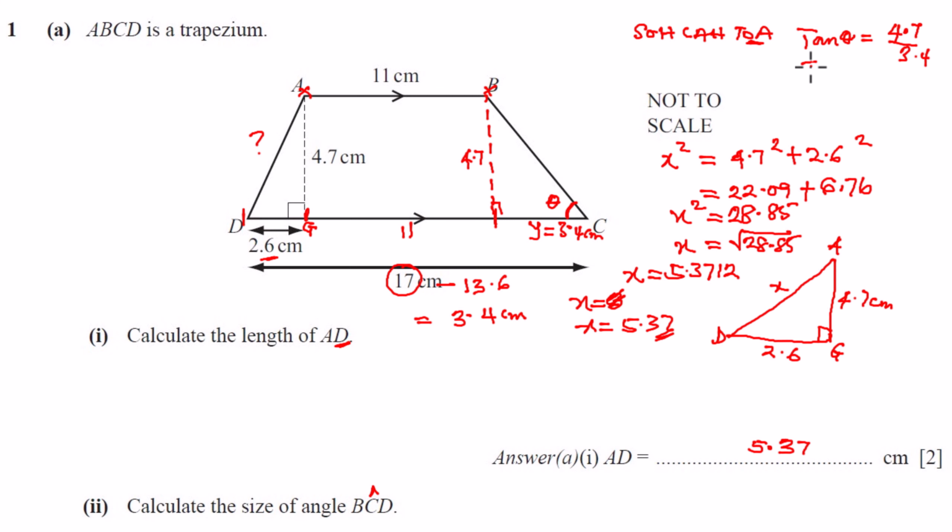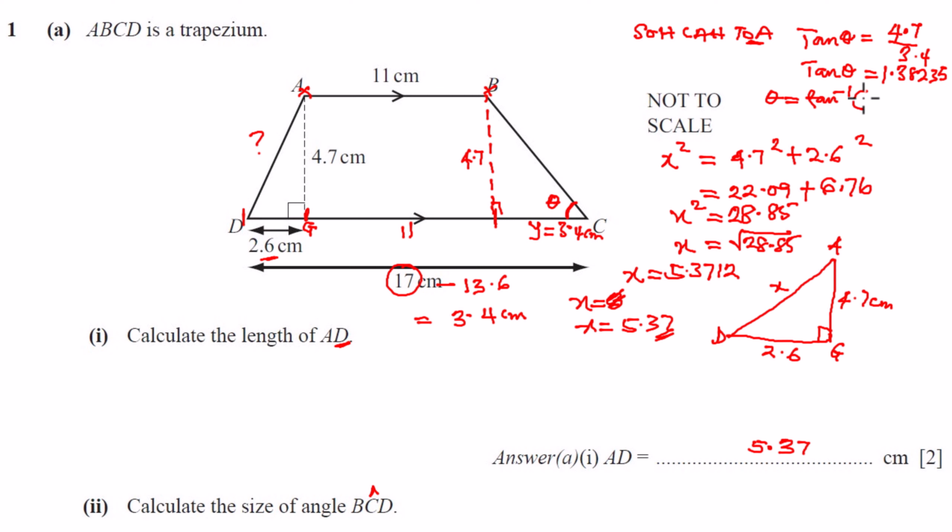So tan theta is equal to, when you divide 4.7 by 3.4, that gives me 1.3823, because what we have at the end is 5, or I can just write 5 since it's not the final answer. Then to get theta, you just do the tan inverse of that,